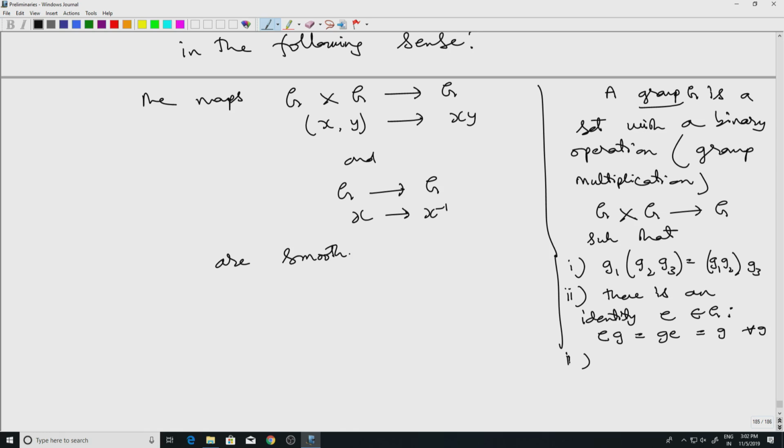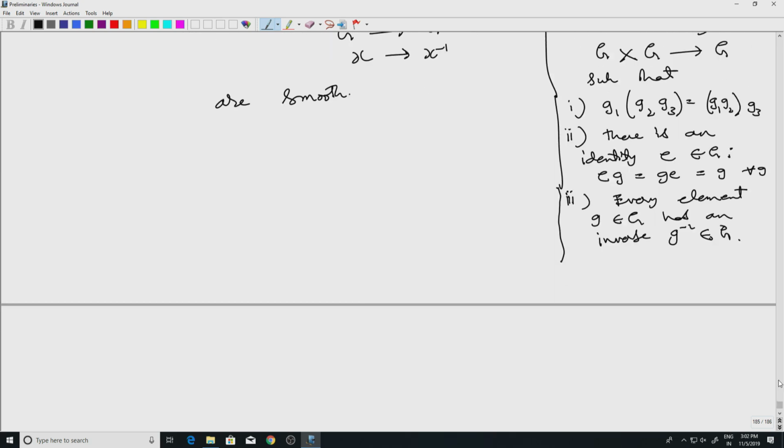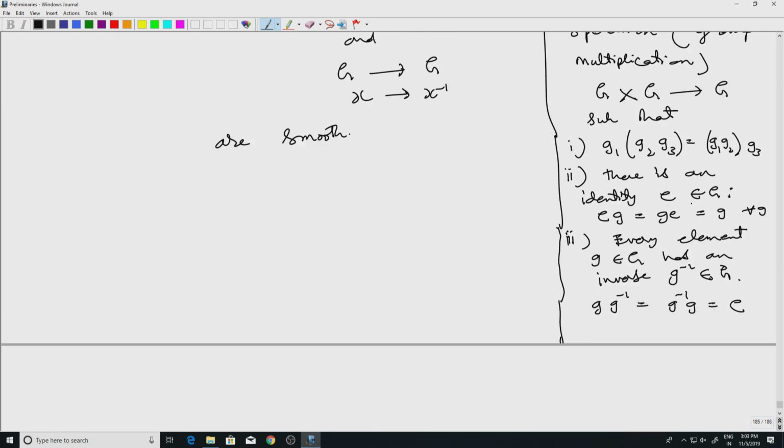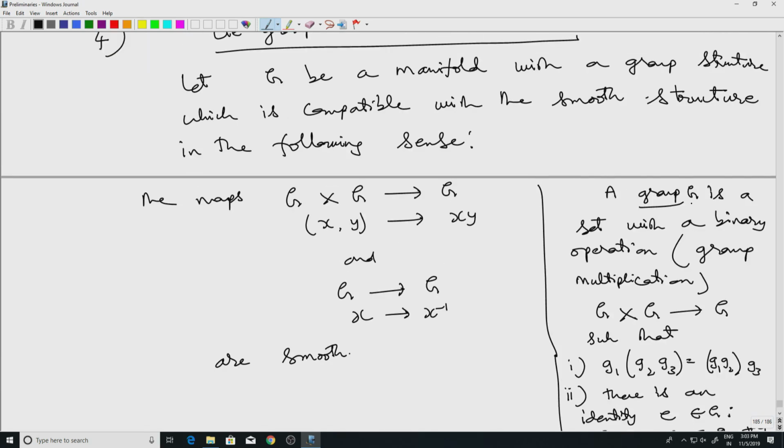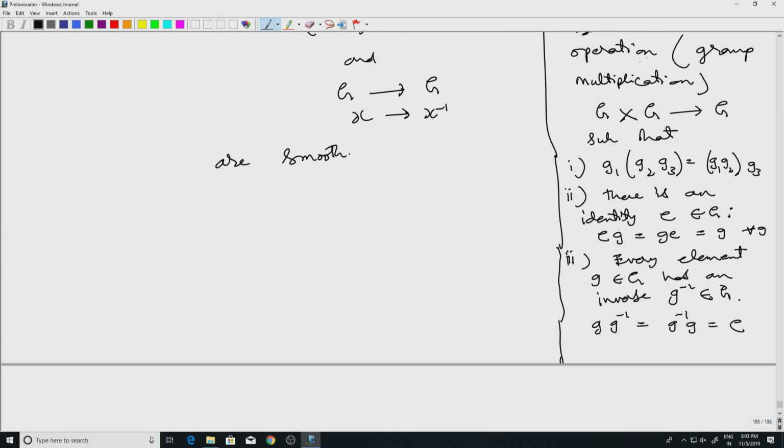And every element G in G has an inverse. And this definition of inverse is that G inverse G equals G G inverse equals identity. So that's a group. So now the thing is that here, normally when one first sees this notion of